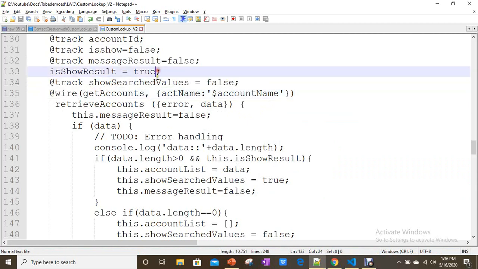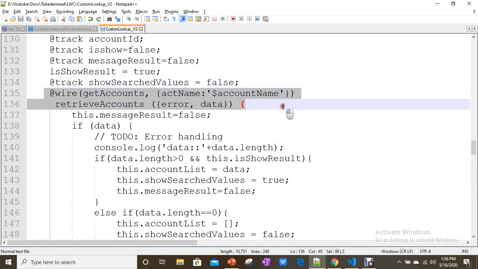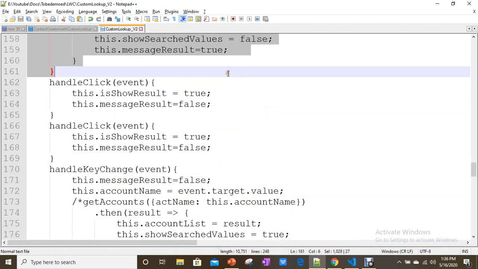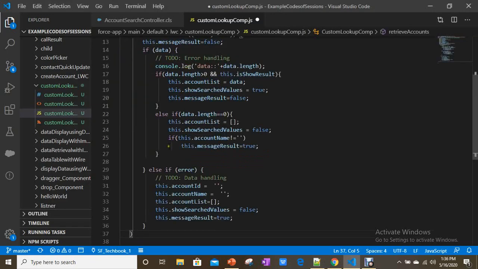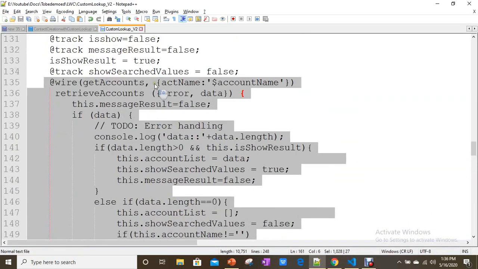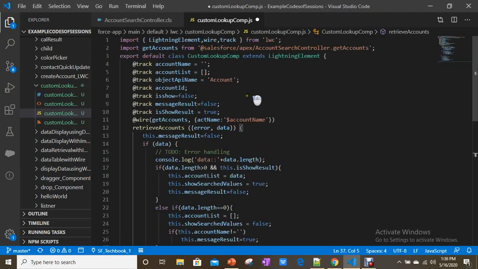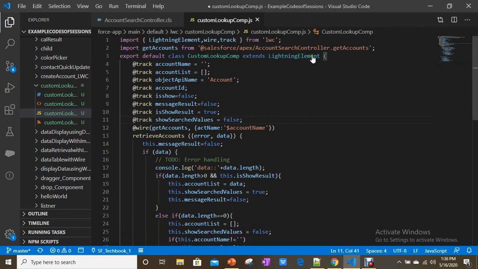Now I have these properties, and I'm going to wire our method. Okay, one more property.